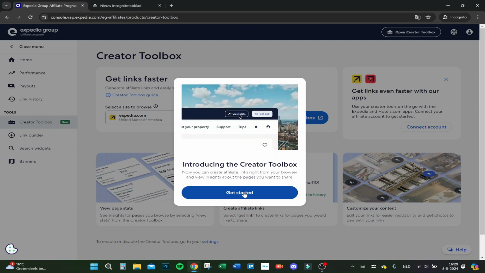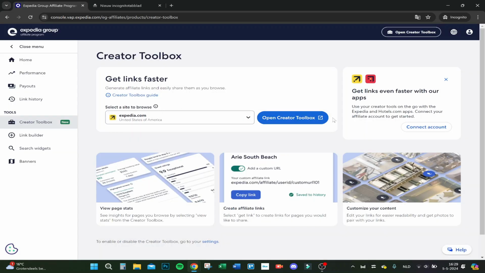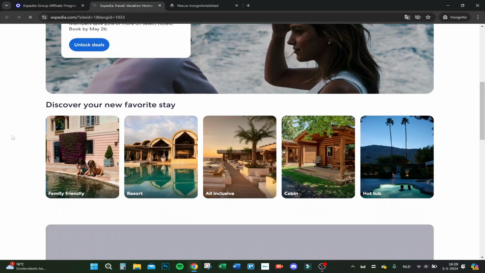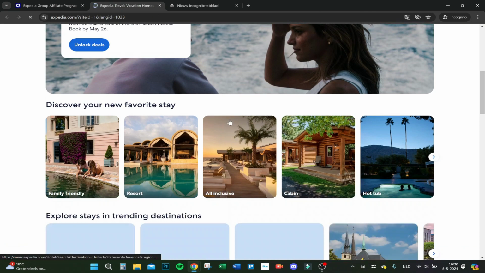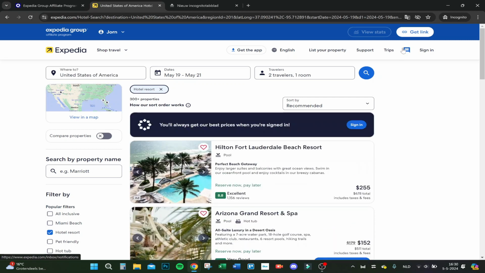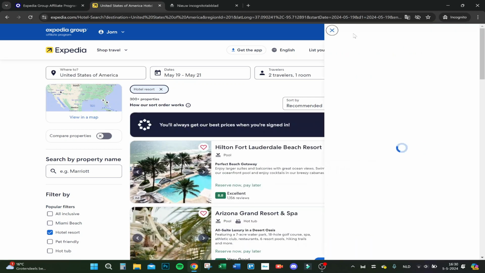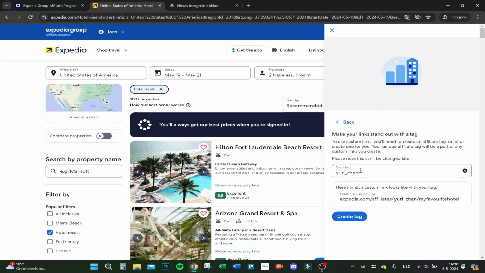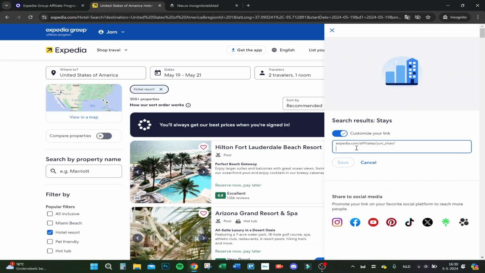So you can really easy go to Expedia. Let's do that for now. So here you go. You have like deals right here. So if we click on resorts, I'll show you, and click on this one for example, or even here, you can just get a link at the right top. You can customize your link like Yuri, create the tag, and here copy it,